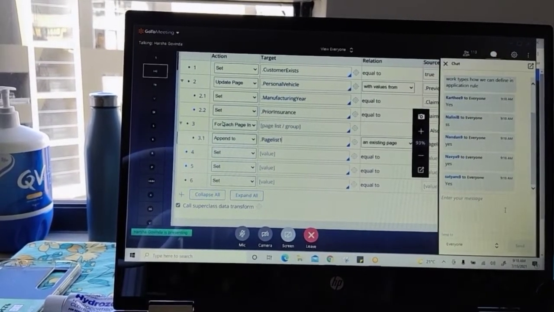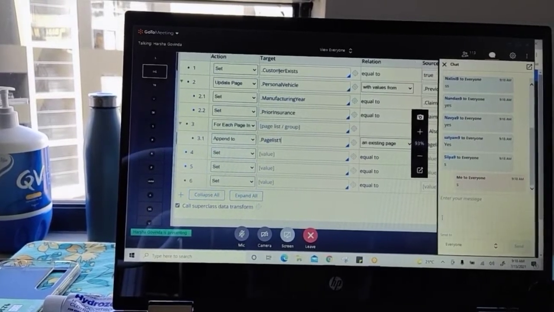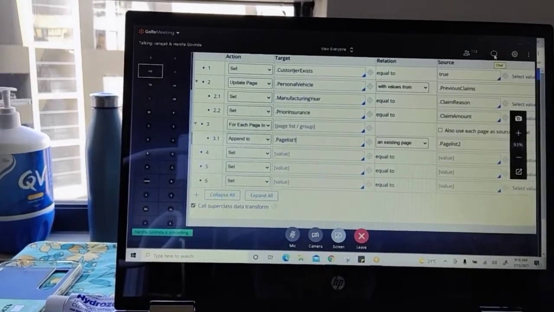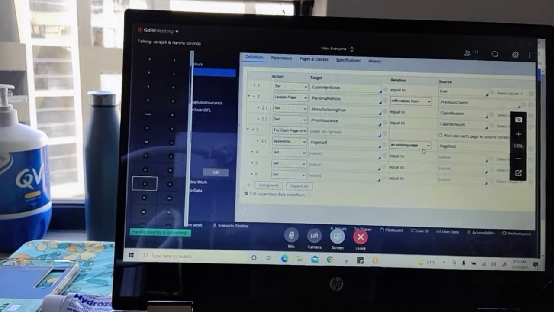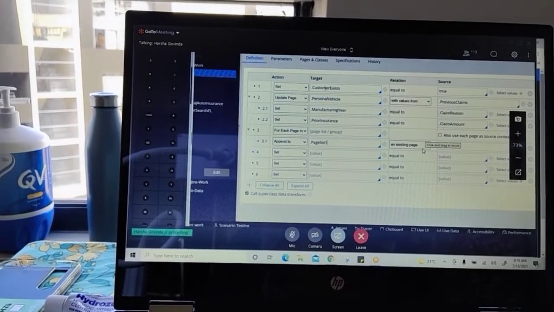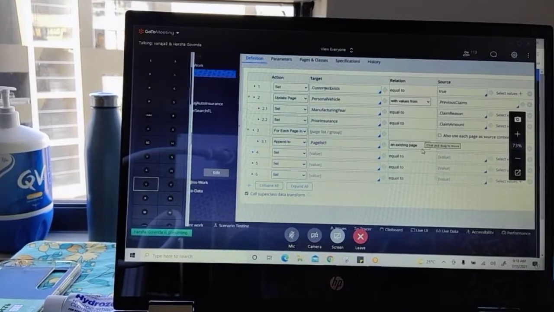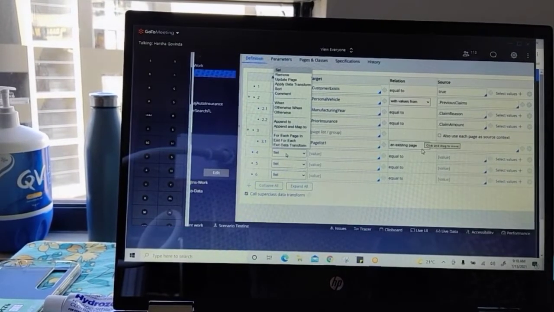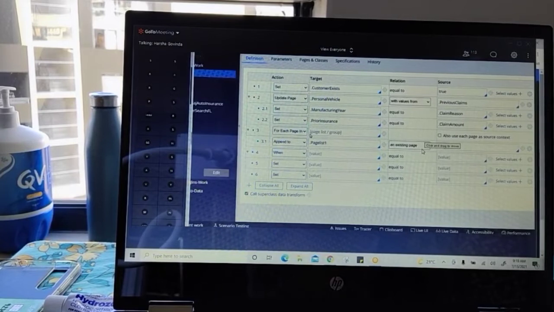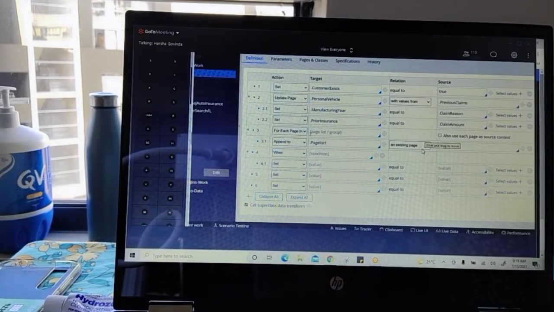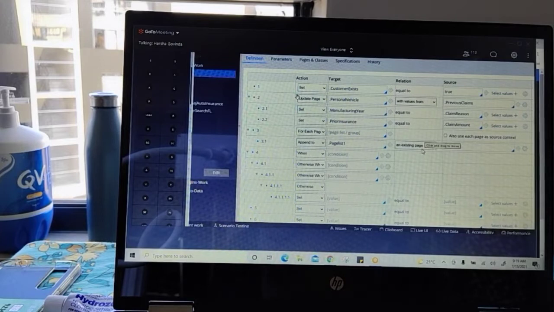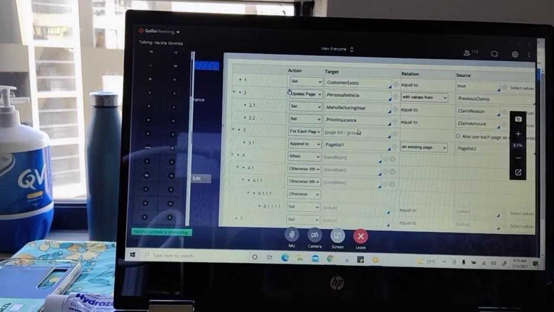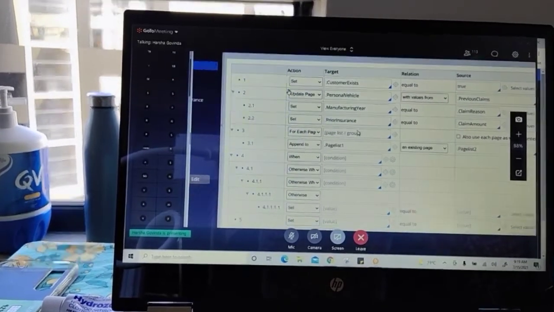So this is about a data transform, which can be created under the data model category. Data transform can be used to assign values to properties, that can be single value properties or page properties or page list properties. Apart from this, like you call when rules in the activities, same way you can call when, otherwise when, and finally otherwise, if, else conditions. And the sort option is related to page list only. You can sort a page list by some property, that's a different thing. Ultimately, what you can do by using data transform?